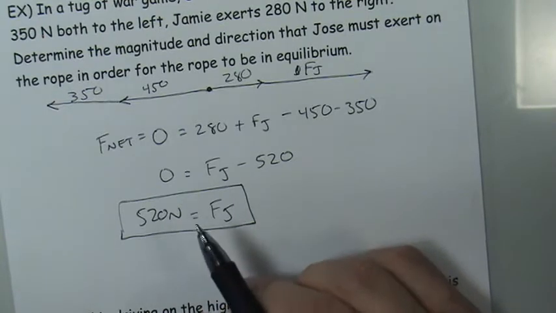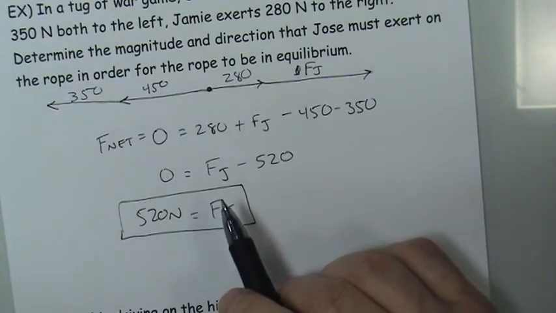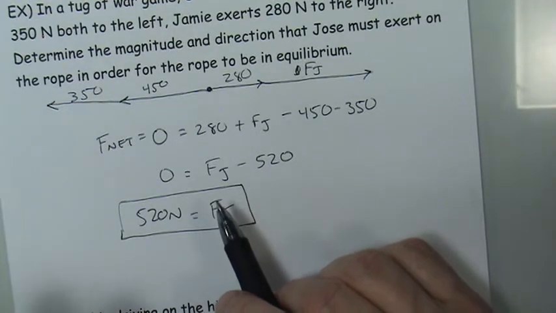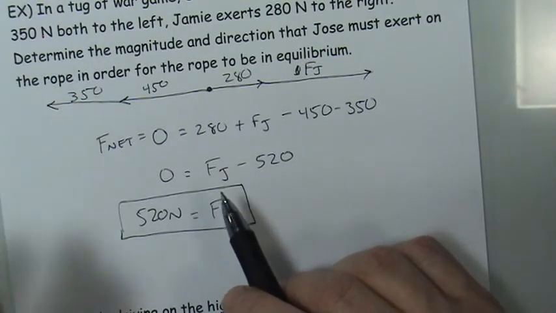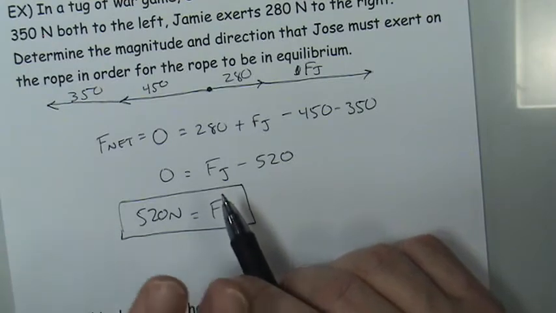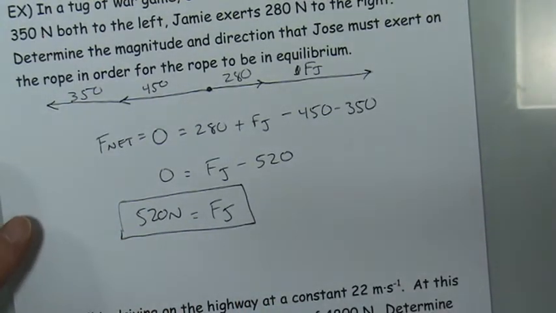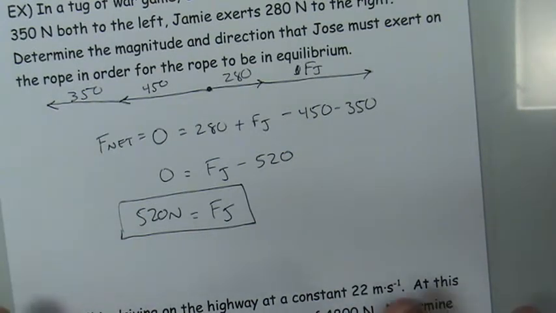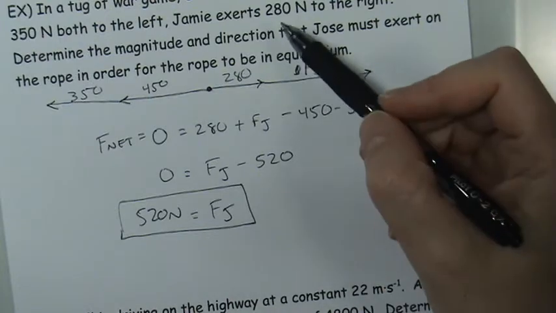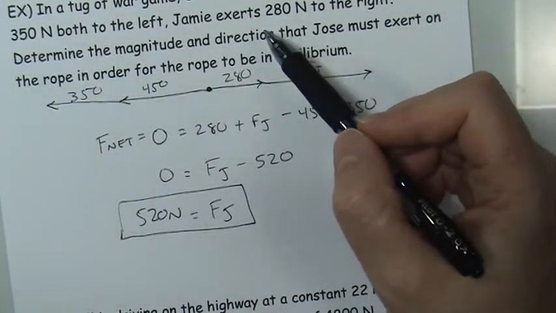If that was at rest, then yes, it will stay at rest. But if it was in motion, then that means that object is going to just continue to move slowly in whichever direction, or quickly maybe, but at a steady pace. It's going to move at a steady pace in whichever direction it was moving at the moment that equilibrium was achieved. So that problem doesn't require you to identify any of the forces in particular, just the names of the people who are involved and who are supplying the force.